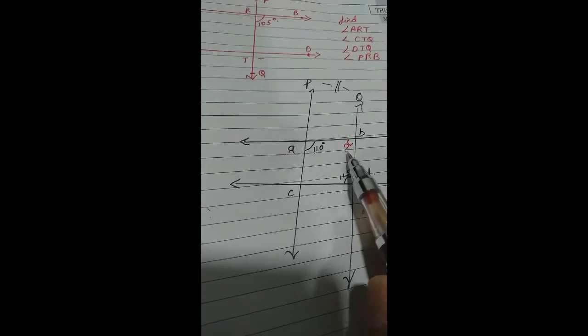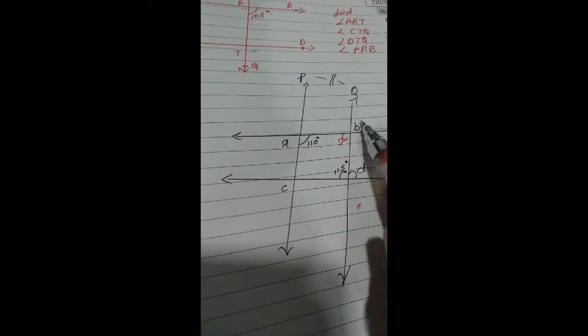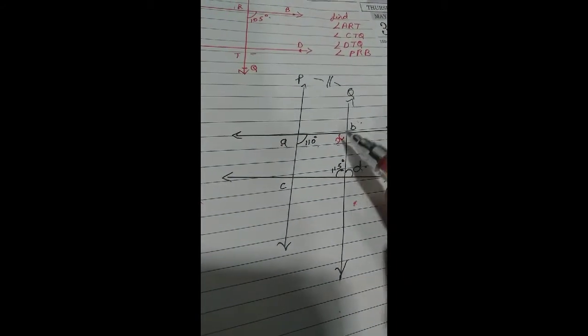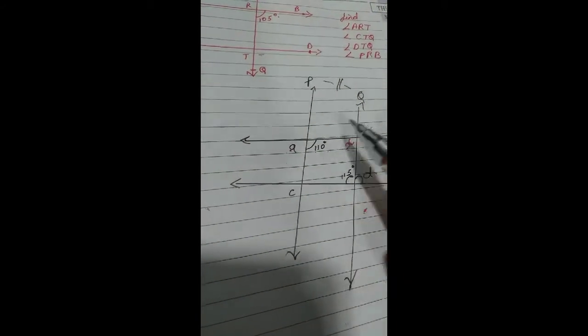B find करायला we have taken x over here so that we have a relation to show that these are corresponding angles. This becomes 70 degree. Automatically this becomes 70 degree. X is equal to B, that is equal to 70 degree. Bracket मध्ये reason vertically opposite angles. बरोबर. A और B find कर लिया.